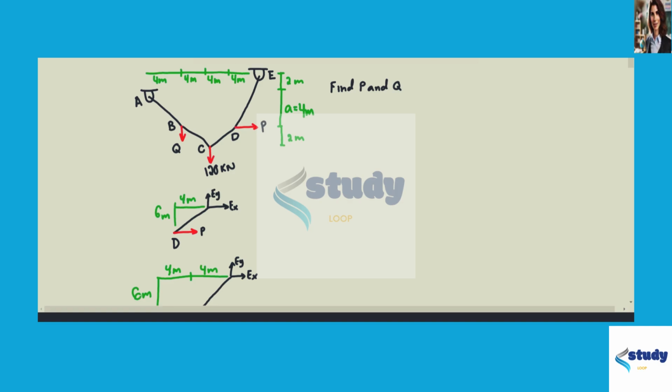Problem 106 in Chapter 7 of Vector Mechanics for Engineers, Statics and Dynamics. In this problem, there's a cable going from A to E. There's a load applied at B downward and is labeled Q. There's a load applied downward at C, 120 kilonewtons, and a load applied at D in the positive X direction